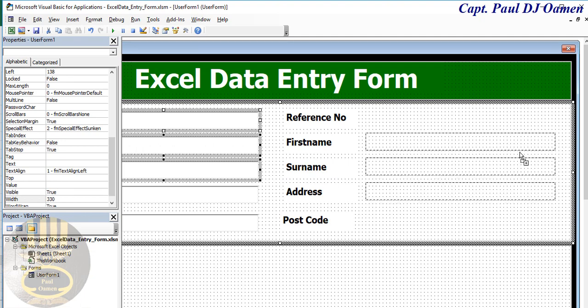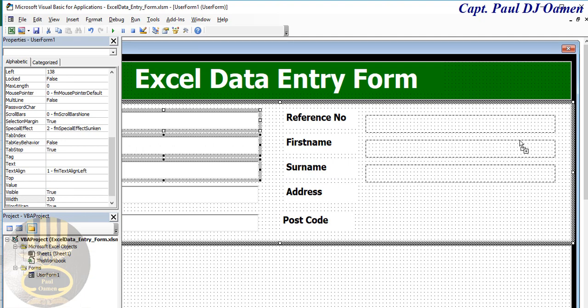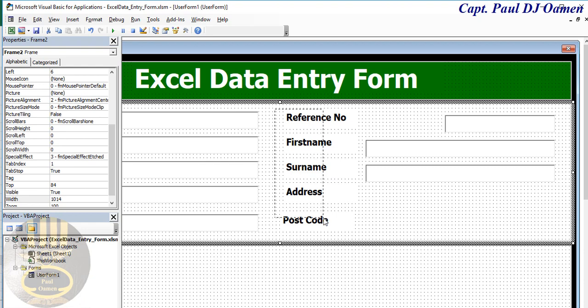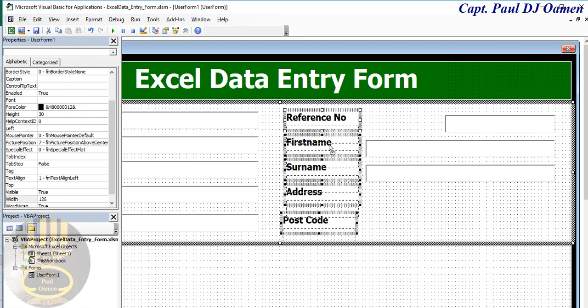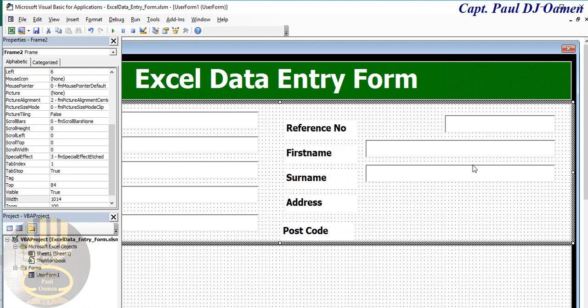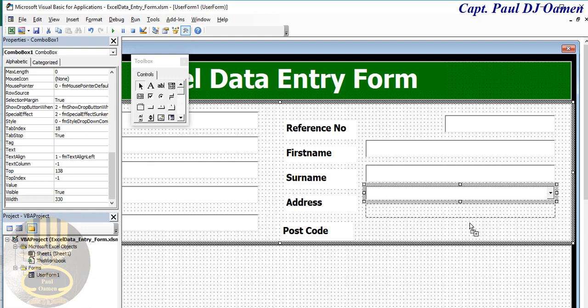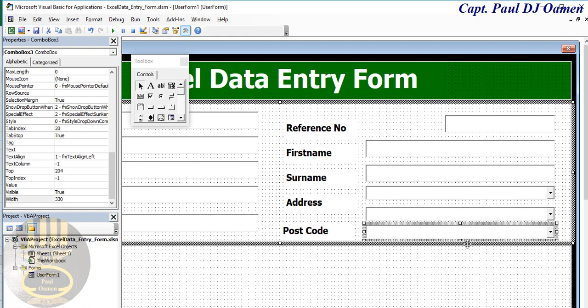I will have to rearrange all of that. Okay, this would be for my search. Okay, let's move all of this down a little bit. Alright, so what else do we need? Okay, I need a combo box right here. We're gonna need 3 of those. 1, 2, and 3. There we go. And here